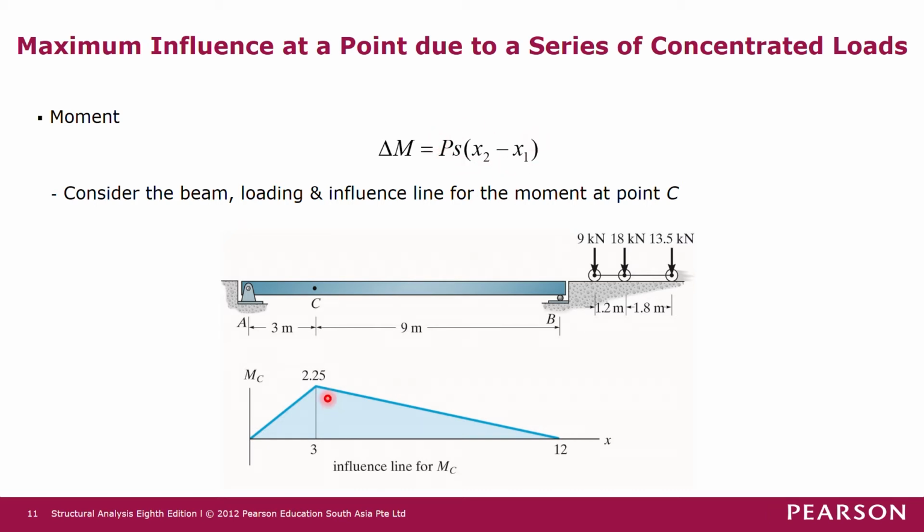Please take note that on this bending moment influence line there are two slopes, so here you have to be careful. When the force is moving on this slope from right to left, there's an increase in moment. When the force is moving on this portion of the beam, moving from right to left, there's a decrease in moment. So we have to see whether the force is moving on this side of the beam or on this side of the beam, and then use the correct slope. Alright,